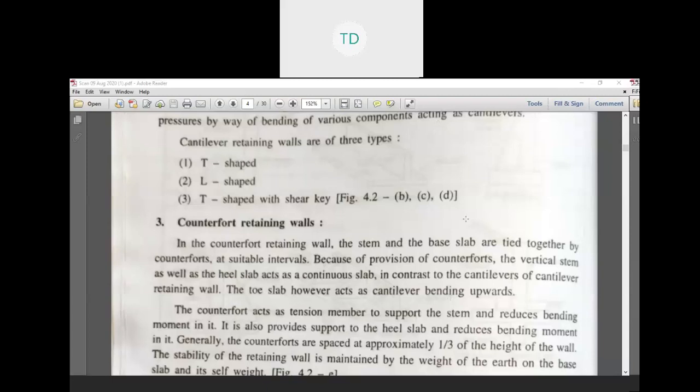In the previous chapter, we saw some retaining wall types, behavior of retaining wall, and different types of retaining wall. In which we saw gravity retaining wall, cantilever retaining wall, in which T shape, L shape, and T shape with shear key. Counterfort retaining wall, buttress retaining wall, bridge abutment also considered in retaining wall structure, box culvert,